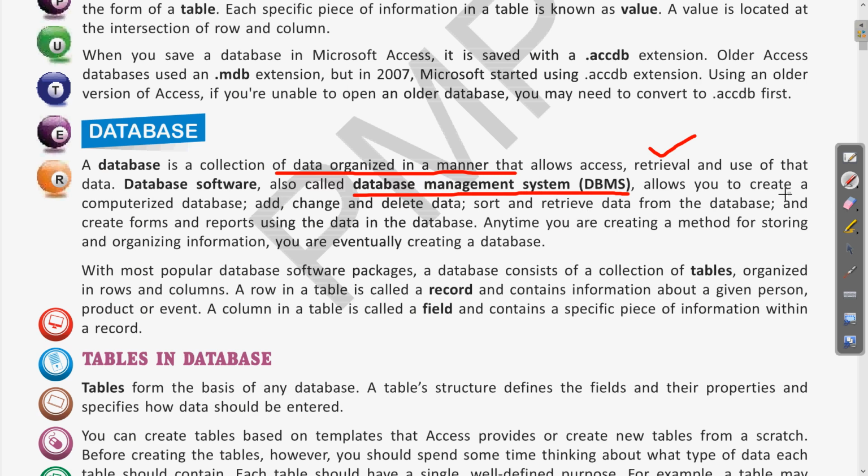First is to create a database, then to add information in the database, to edit and change, that is modifying the data, and deletion of that data. We can perform various other things, for example arranging the data, which is called sorting. Retrieving the data means if there is an existing database and you make a query to get values from it, that is called data retrieval. We have also seen in the chapters how to create forms and reports. These are all the features available in databases.